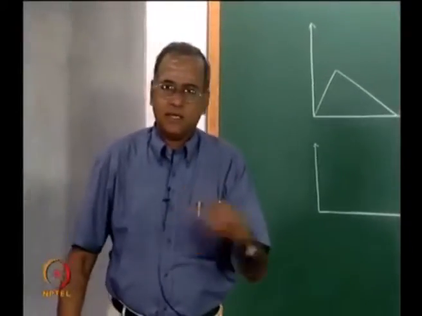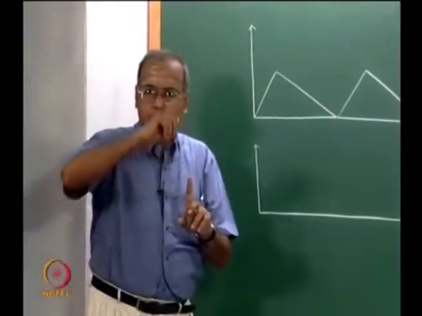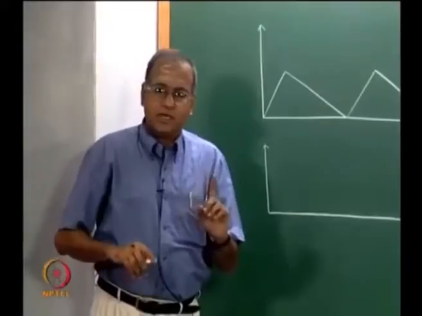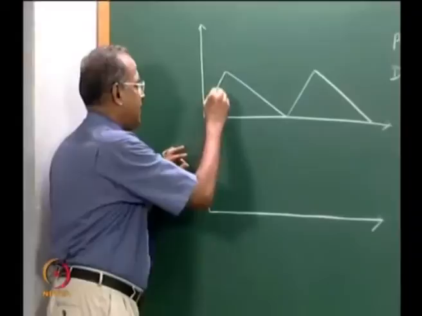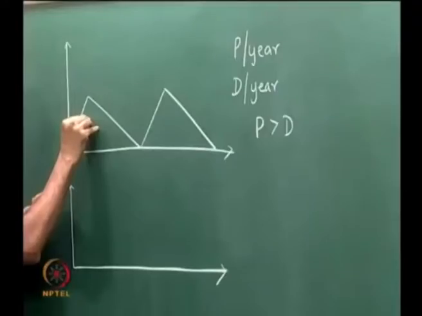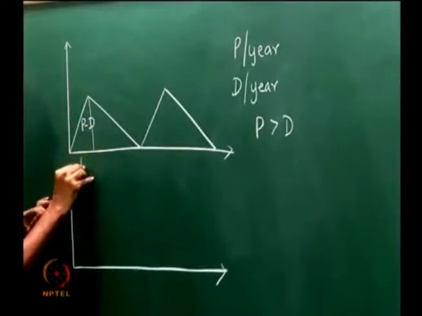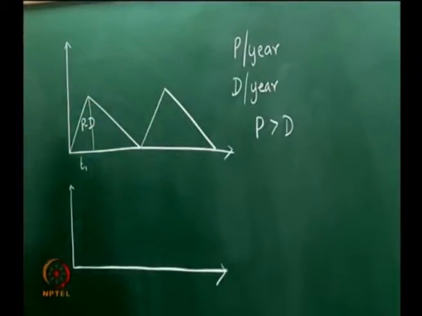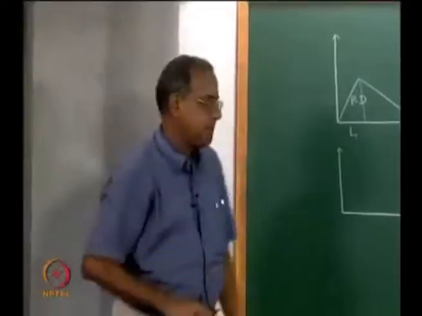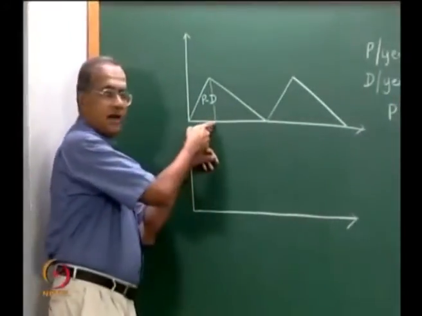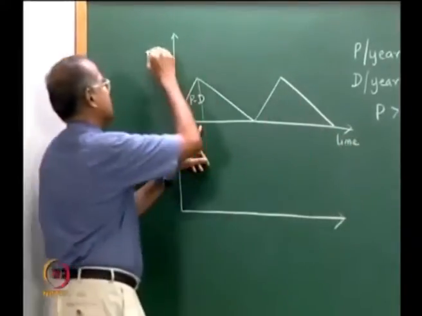So, when P is greater than D, we produce this item, and while we produce we also consume, and since the production rate is higher than the consumption rate, there is an inventory buildup at the rate of P minus D here, and we produce up to a particular time T1, and then we stop production and consume from the inventory that has been built up. So, we stop production here after T1, this is time, this is inventory,